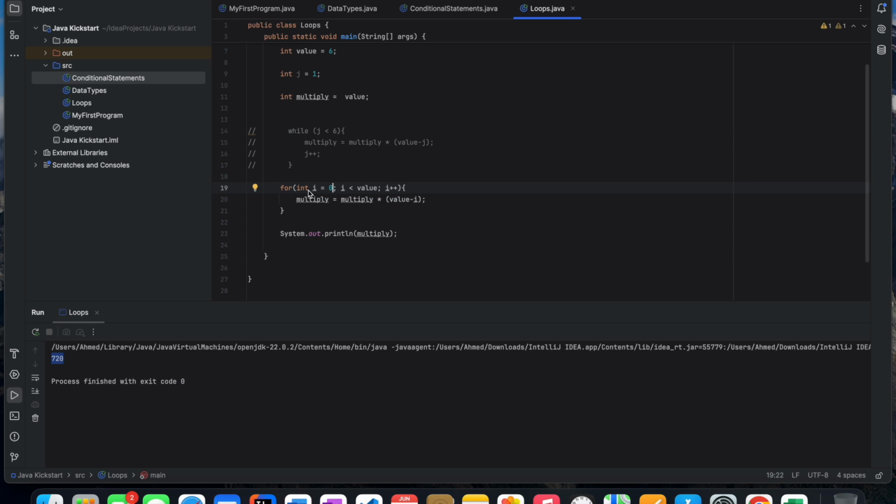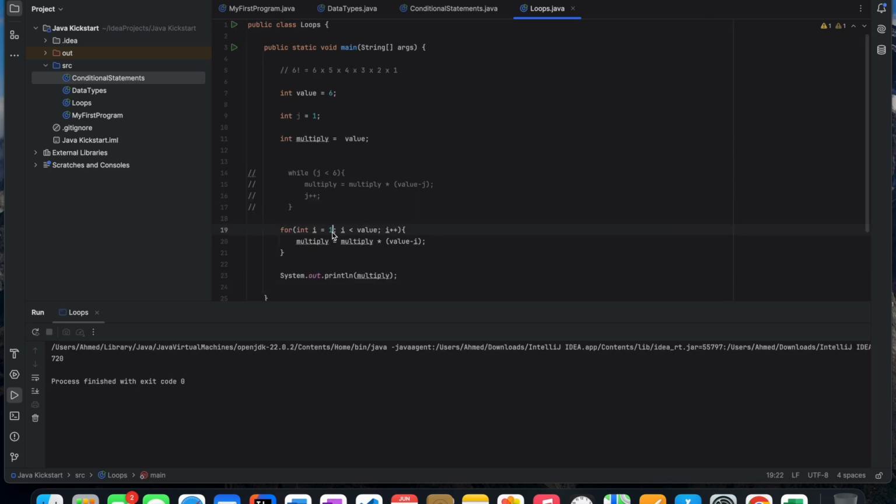And let's look at the names of this. So you want to declare a variable, then this is the termination condition, and then this is what you want to be done every time it goes through. You don't need to have it. You could remove it, but there's no point in doing that. In that case, just use a while loop. So you'll notice that, as you get more complex with your code,